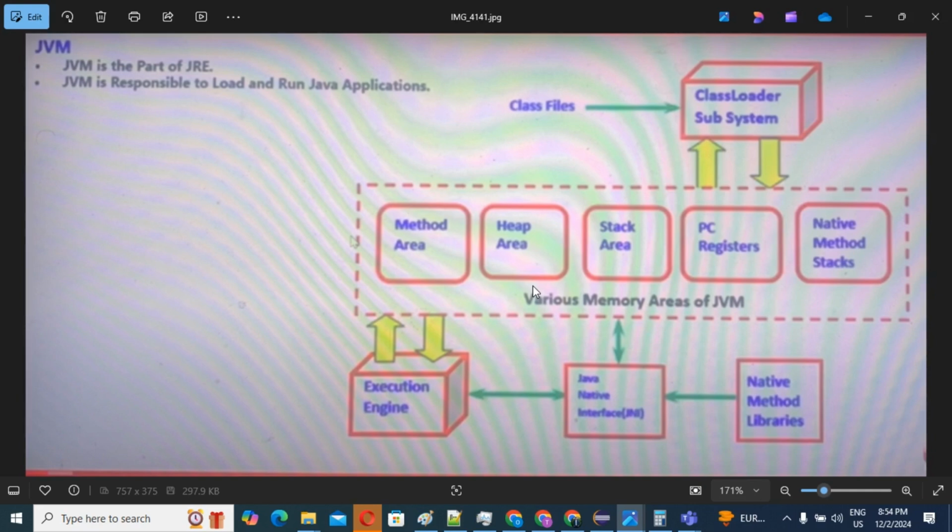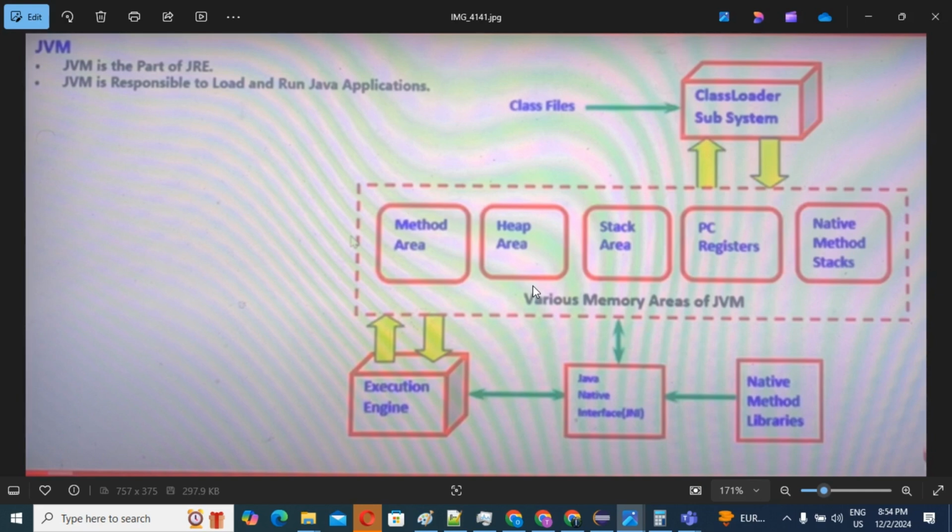First, what should we know? What is JVM? I have already explained the virtual machine, that is the runtime engine. If you want to know about JVM, JVM is part of JRE, the Java Runtime Environment, and JRE is part of JDK, the Java Development Kit.